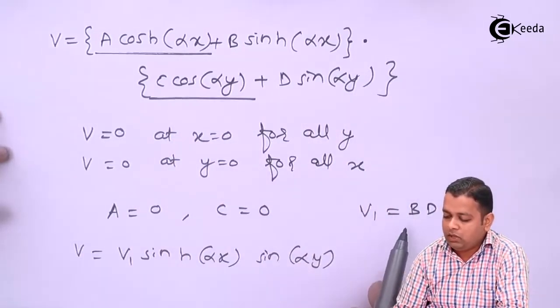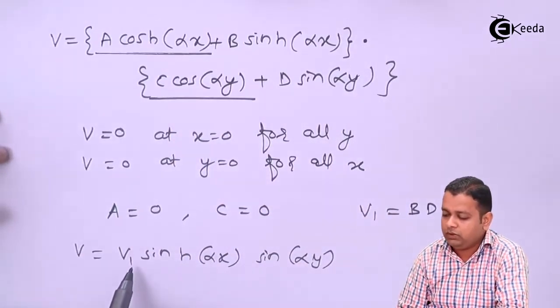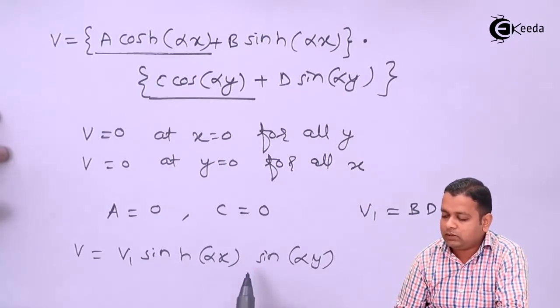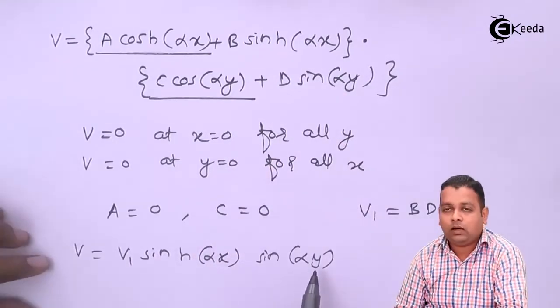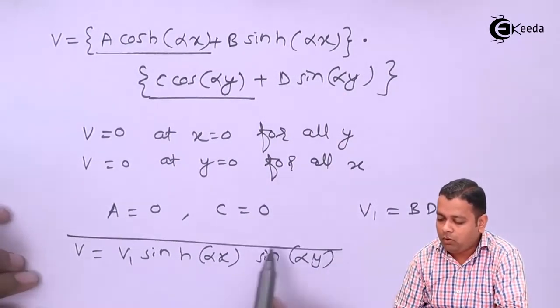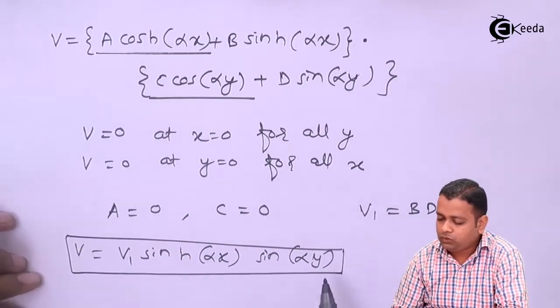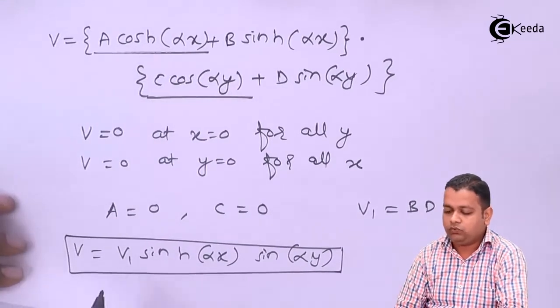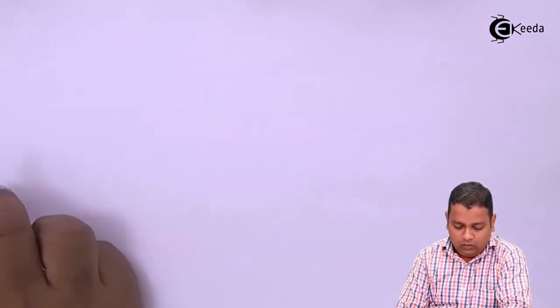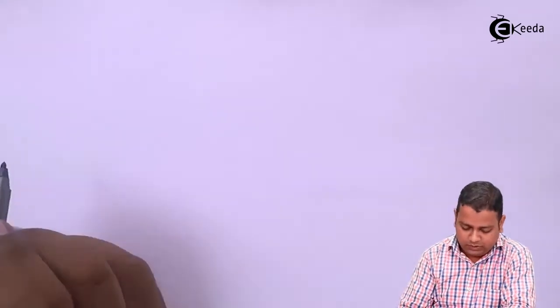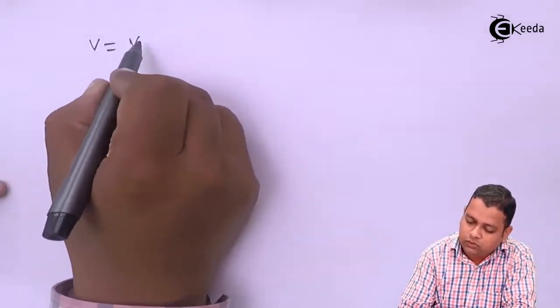So B into D, we are substituting capital V1. So it will be sin h alpha x and here it will be sin alpha y. So this will be the form of solution for capital V. So V1 we have substituted capital B into D. Now to look at this particular equation, that is capital V is equal to V1